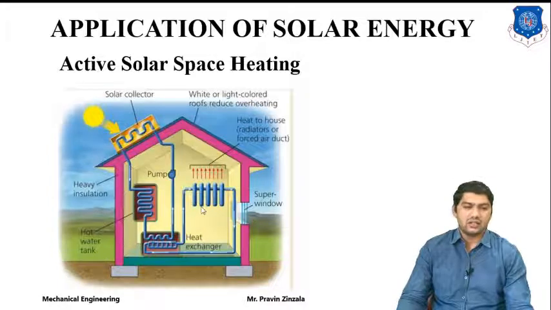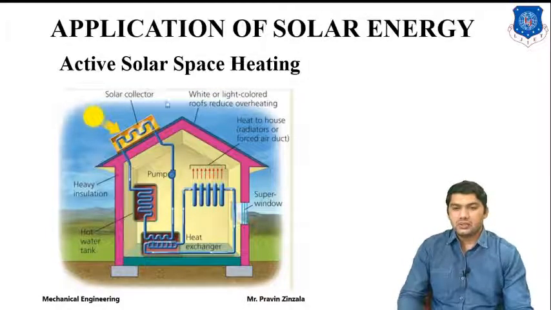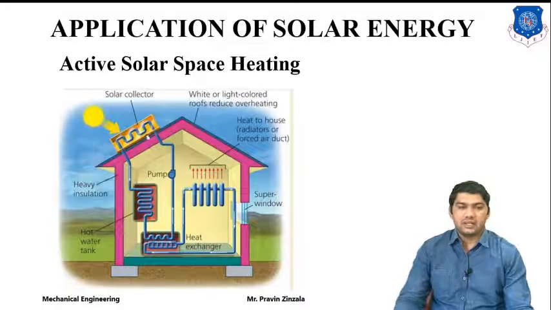It is generally utilized in the winter season. So this is the active system, because we are providing a pump or extra energy for driving our system. Here one type of auxiliary heater is also used for a specific application or for the requirement of higher temperature. So it is also an auxiliary system. Active system means we are providing extra energy for our output. So the collector receives the solar radiation, and the energy is transmitted to the heat exchanger. Then the heat is transmitted through the heat exchanger to our space.